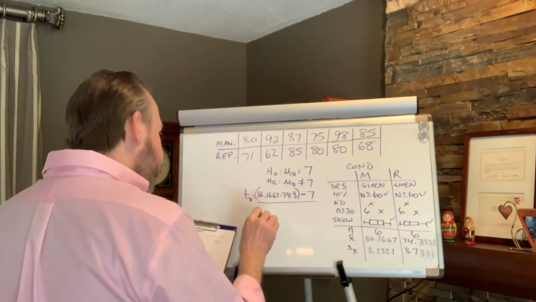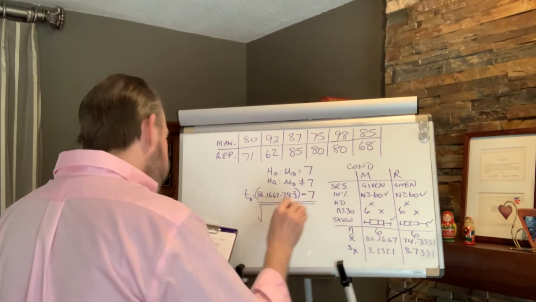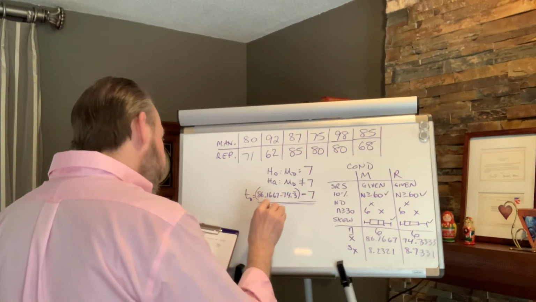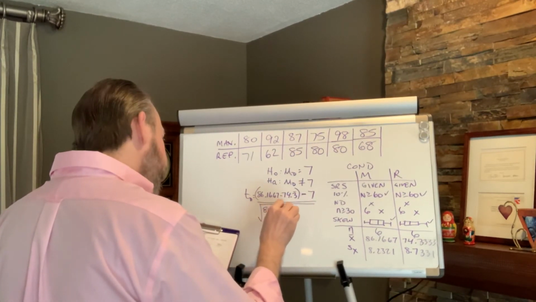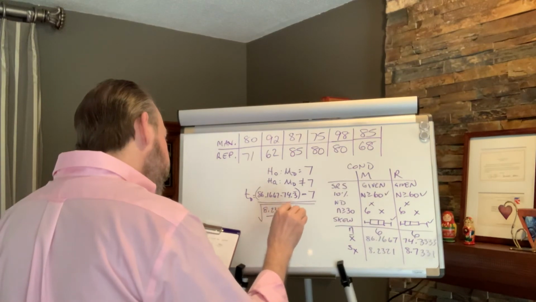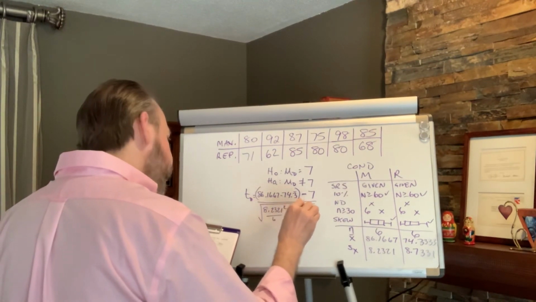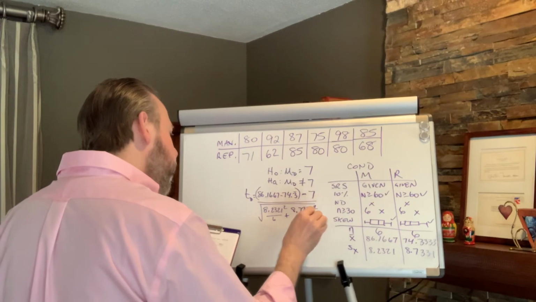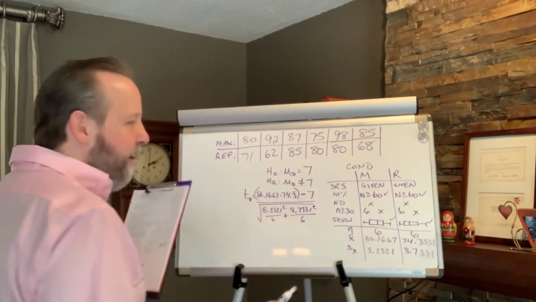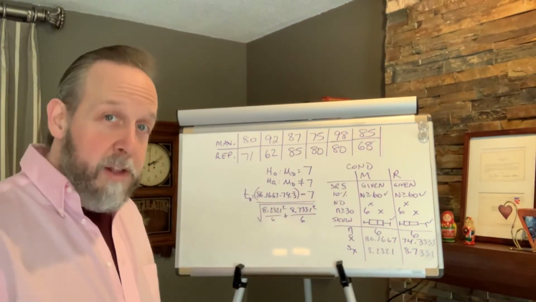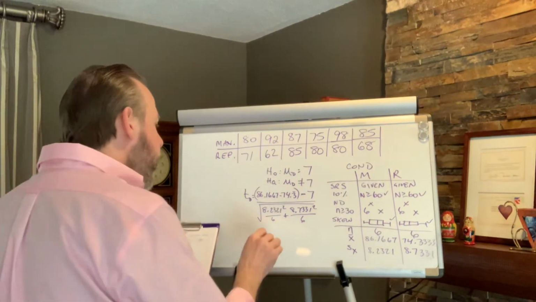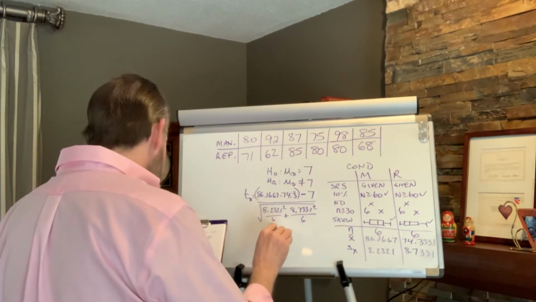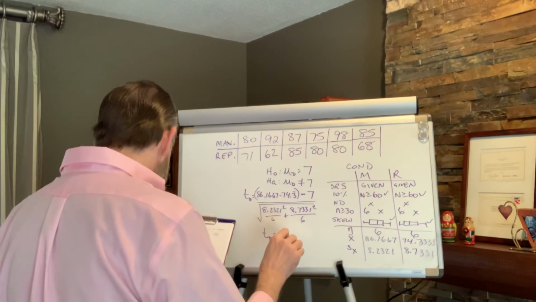The denominator is what it was before. It's the square root of 8.2321 squared over 6 plus 8.7331 squared over 6. Both sample sizes happen to be 6 this time, so that's why we're using 6 there. And that gives me a t-score for the difference of